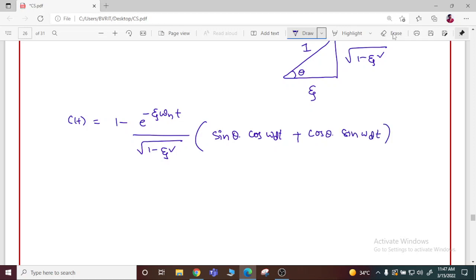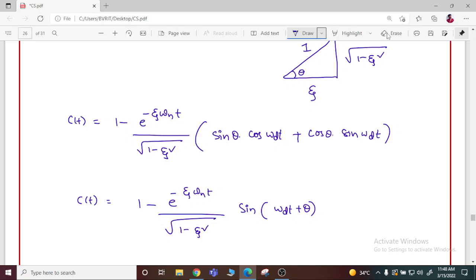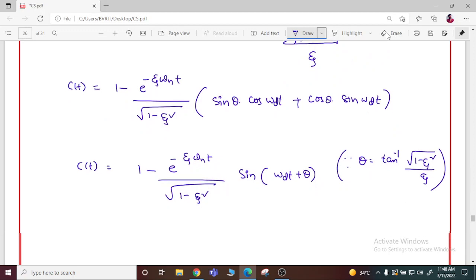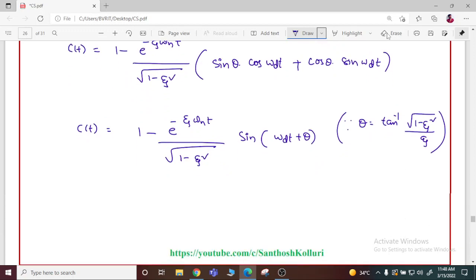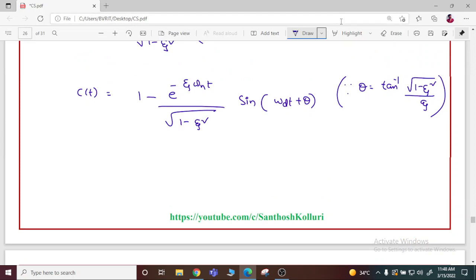So this is in the form of sin A cos B plus cos A sin B. Therefore, C of t can be written as 1 minus e power of minus zeta omega n t divided by root of 1 minus zeta square, sin of (omega d t plus theta), where theta is the tan inverse of root of 1 minus zeta square divided by zeta, from the above triangle. So here this is the time response of an underdamped system